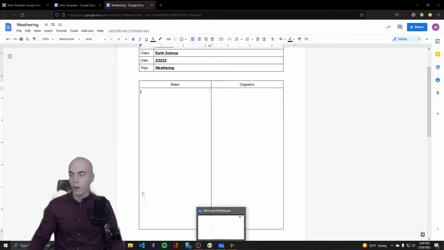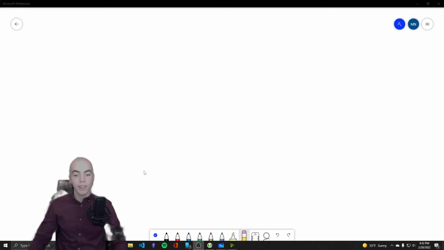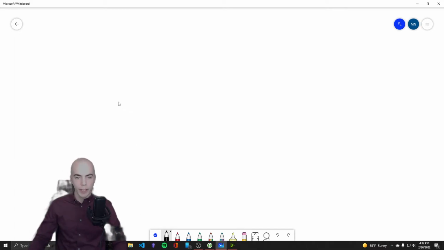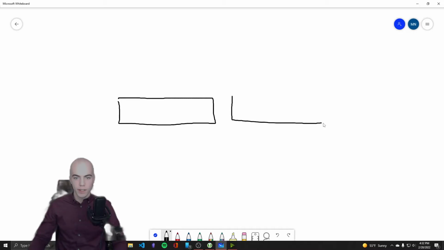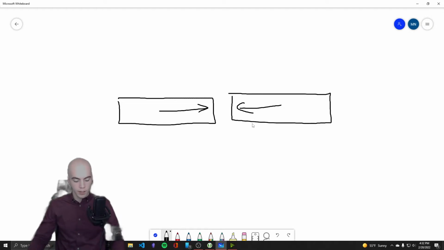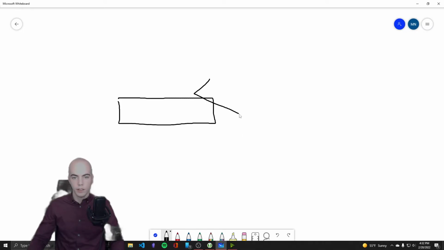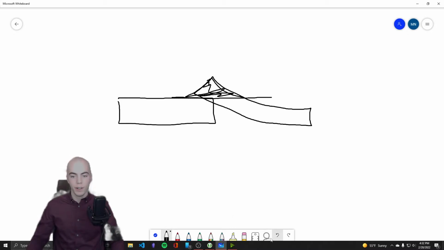All right, let's head over to our whiteboard for that. We've all actually already covered this. So when we have mountains forming, we have two tectonic plates next to each other that are coming towards each other. They're converging, right? Well, when they converge, they either have to go below or above. Mountains form when they go above. So let's draw what would happen if one went above. Well, it would sort of start looking like that, wouldn't it? And if this right here is sea level, check it out. We've got ourselves a little mountain in here. So let's erase all of that and zoom in on our mountain.